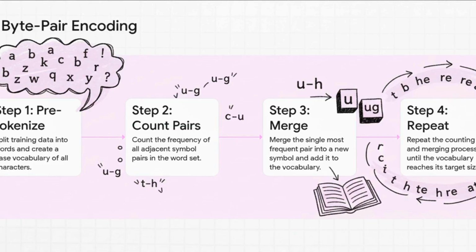The way it works is actually pretty simple. It starts with a vocabulary of every single individual character. Then it scans the text and finds the most common pair of tokens right next to each other, let's say T and H, and it merges them into a brand new single token, TH. Then it just does it again, and again, and again, each time merging the most frequent pair, slowly building up a vocabulary of common subwords until it hits a size limit we set for it.